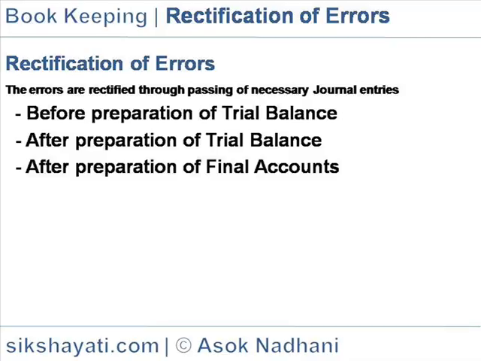Real and personal accounts are carried forward in the accounting year. Suspense account, if any, is carried in the next accounting year. If it has a debit balance, it will appear in the balance sheet under current assets. If it has a credit balance, it will appear in the balance sheet under current liabilities. Errors in nominal accounts are rectified by the profit and loss adjustment account.